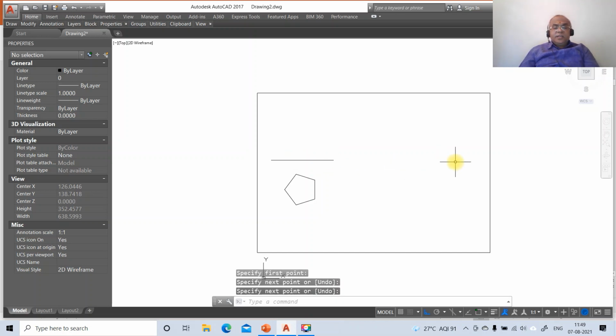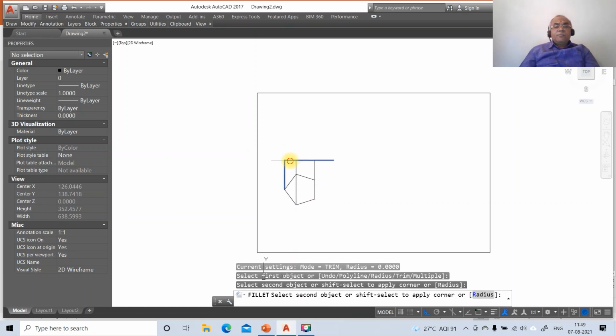Then go to line, take INT of this and draw perpendicular to this line. Similarly, line, take INT of this, take perpendicular to this, and similarly line, take INT of this and draw perpendicular to this. Once you do that, go to fillet between these two and fillet between these two.